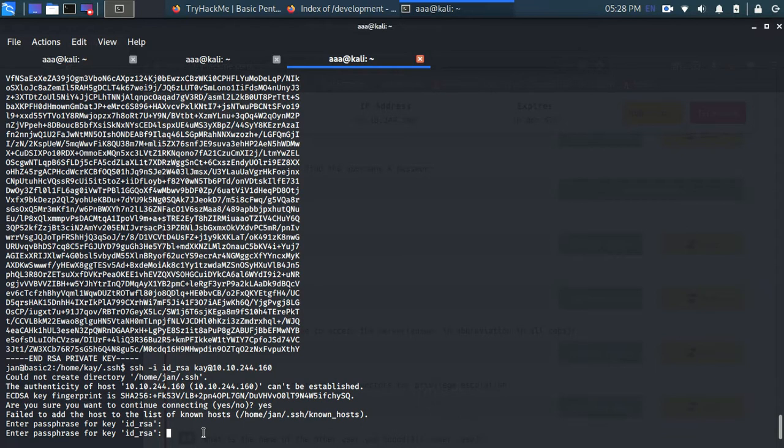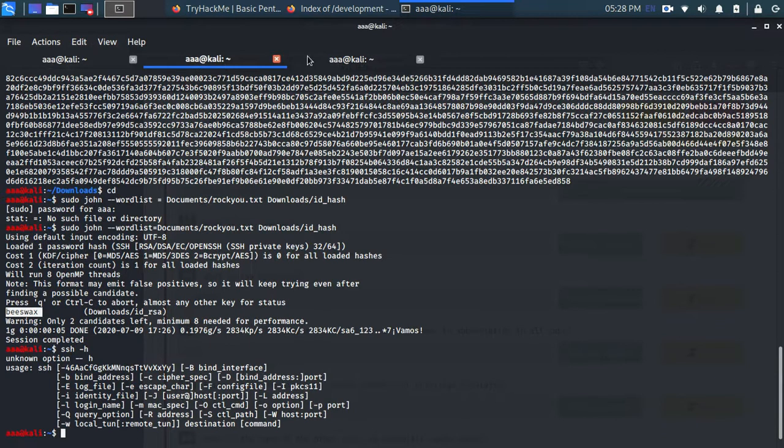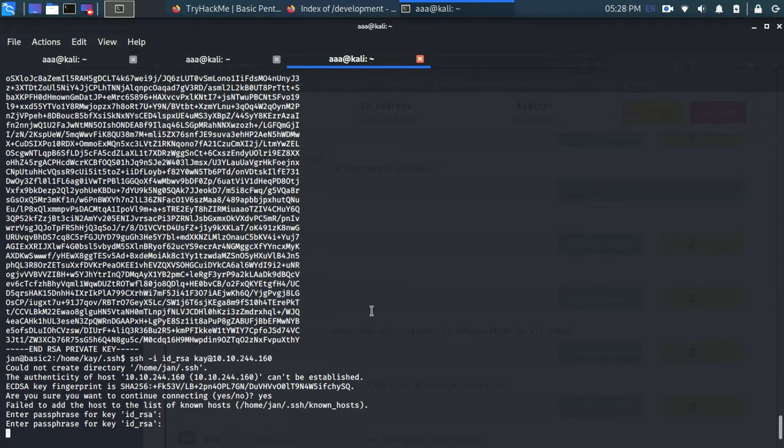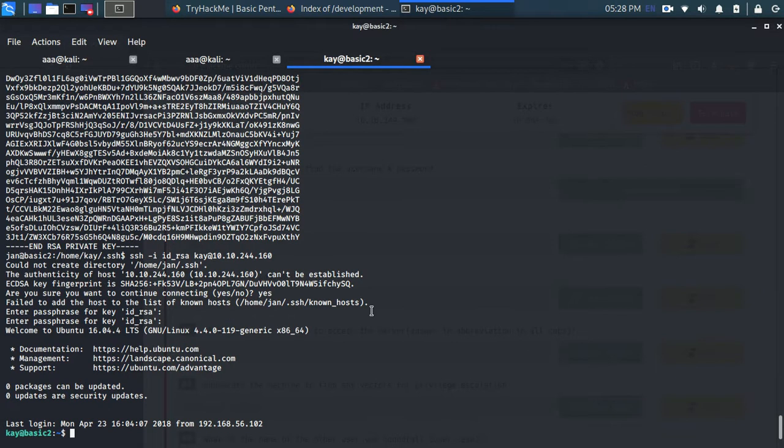Okay, this is weird. Beeswax. And yep, login successful. Oof, that was hard.